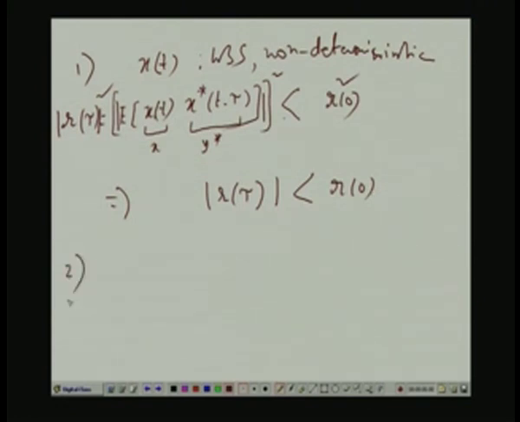Secondly, so I erase this thing. So, what followed from previous discussion, only that we write, r tau less than r naught. Okay. This we have already obtained. The other thing is, if you now consider again the Cauchy-Schwarz inequality, but in this form,